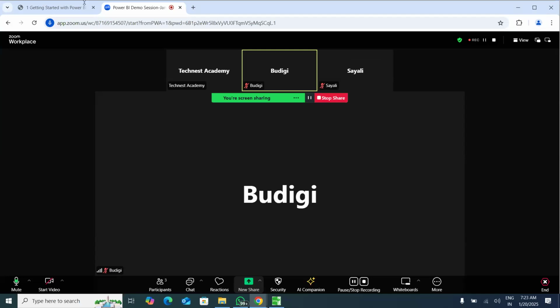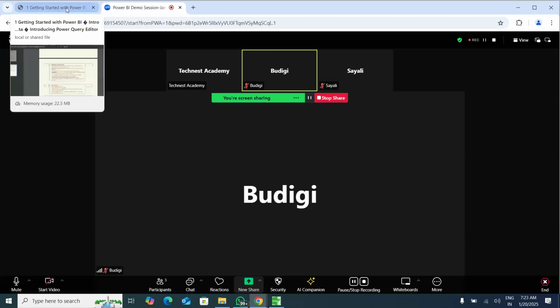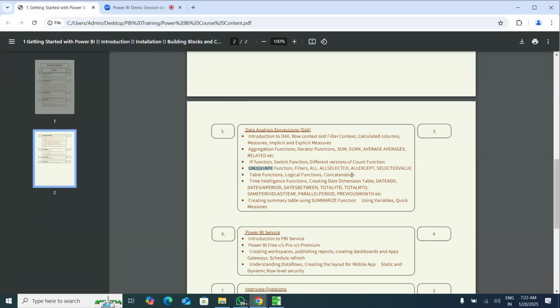Okay, let me continue then. So, yeah, I was talking about these functions. Then we'll also discuss the concatenation functions, then the time intelligence functions via which we can get the data